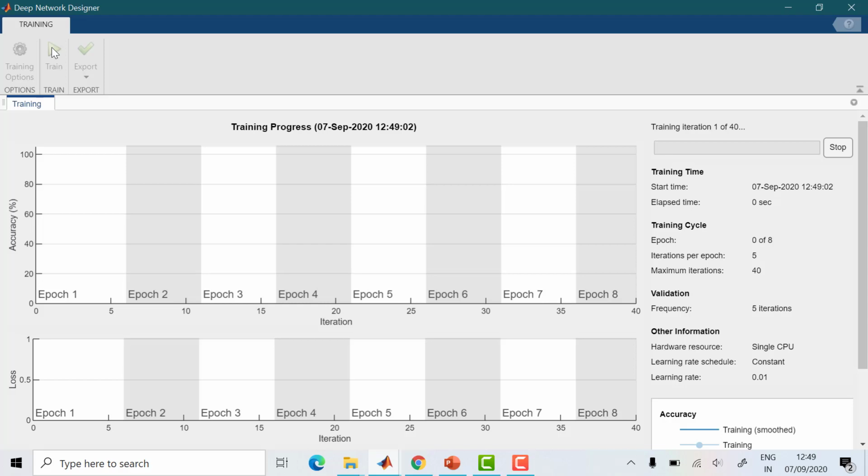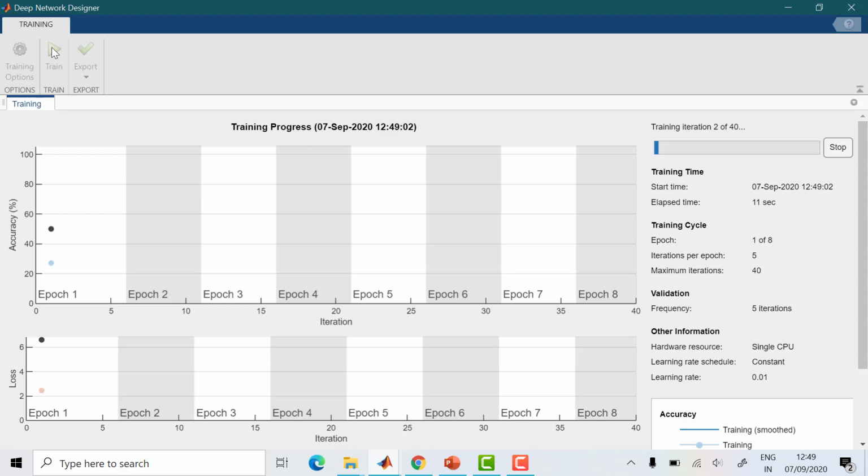Can you see the training progress? So you can see in the left hand side, the training happening. The training started. You can see the graph. The training is happening here. The epoch 1, because only 8 epochs are given. If you want to increase the epochs, it's left to you to get good results. Because of the explanation, I'm making epochs to be 8.